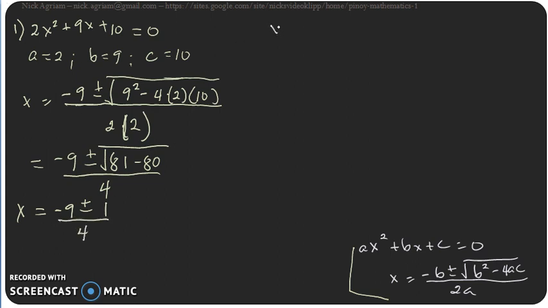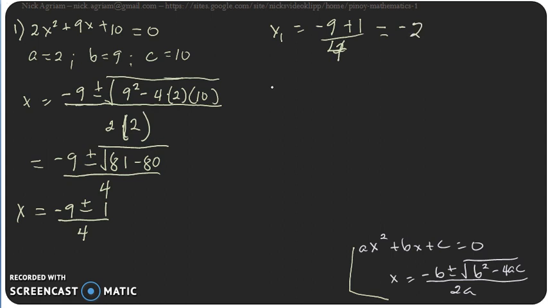So our x sub 1 now is negative 9 plus 1 divided by 4. Negative 9 plus 1 is negative 8, divided by 4, that is negative